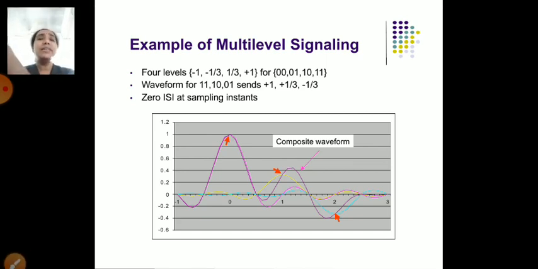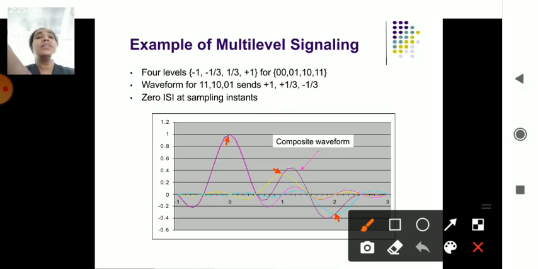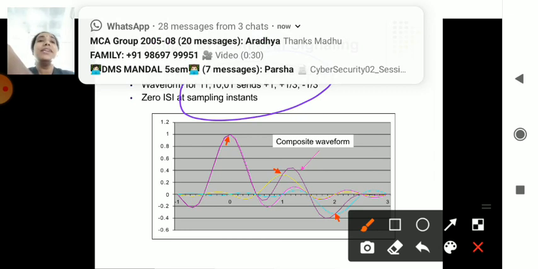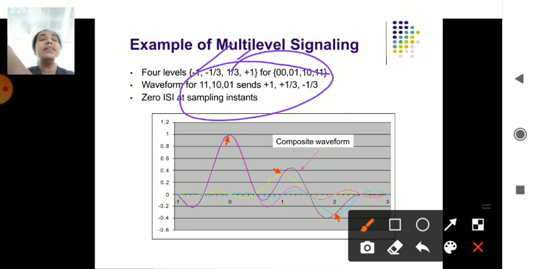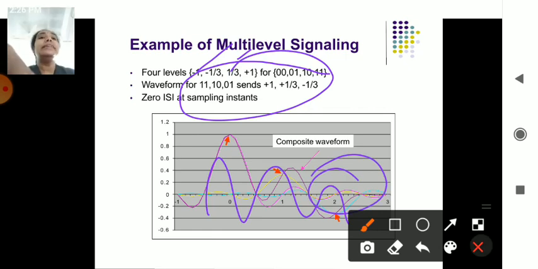and multi-level signaling is being done. You can see here, for example, multi-level signals with 4 levels. You have -1, -1/3, plus 1/3 and plus 1. Those are the symbols. So 0 0, 0 1, 1 0 and 1 1 are the formats of this one. All those are there in the multi-level signaling part, which is called the composite waveform. In each and every level the signals may change from higher to lower, lower to higher. So when it is coming down, it is the decay of the signal.